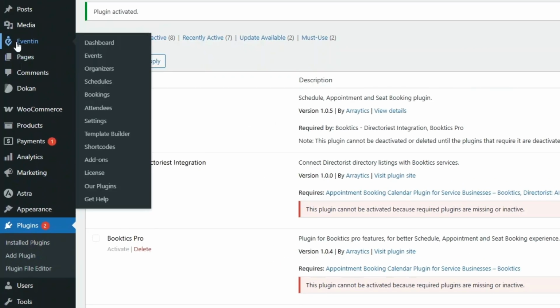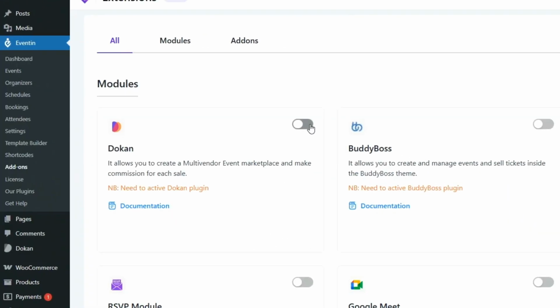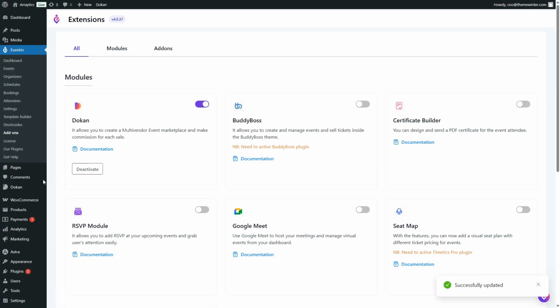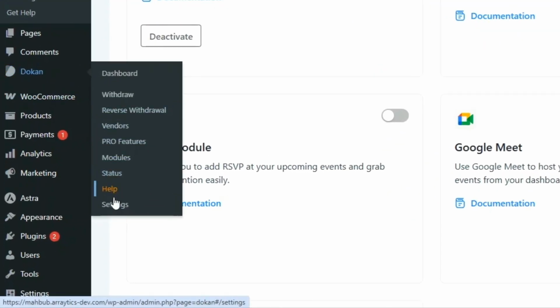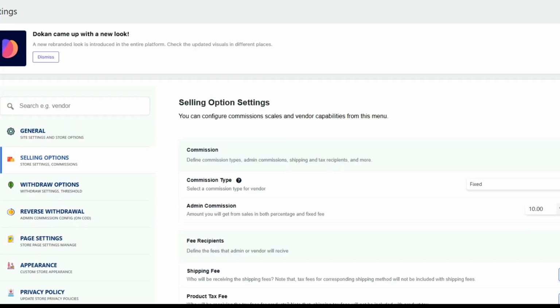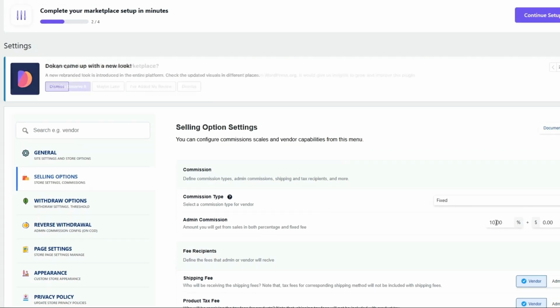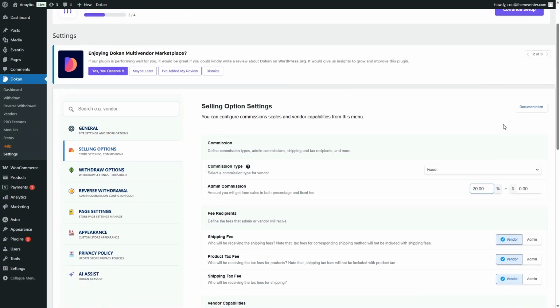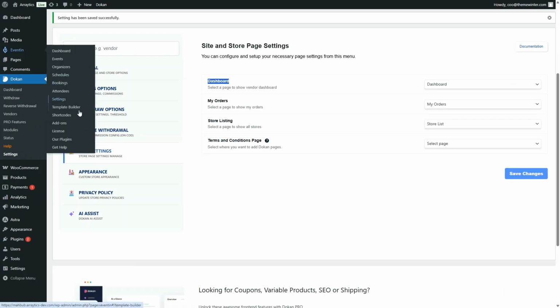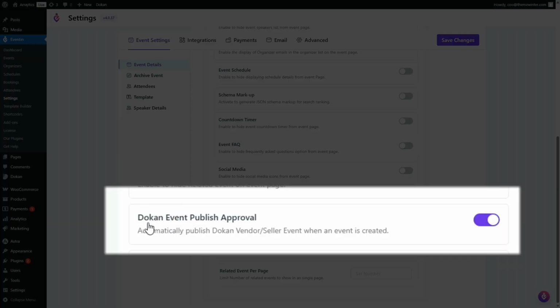Now tap on the add-on, and then enable Dokan. Head over to the Dokan settings and configure the selling option. Then hit Save Changes. Now head over to the Eventin settings and make sure that the Dokan Event Publish approval